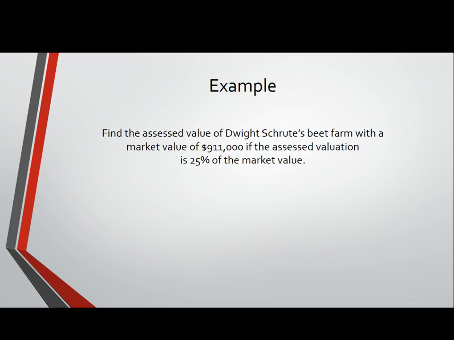So find the assessed value of Dwight Schrute's Beet Farm. Any Office fans out there? With a market value of $911,000 if the assessed valuation is 25% of the market value. So all you're going to do is take 911,000 times 25% as a decimal, so move it over twice, so times 0.25. So it's like saying a fourth of the value, right? And then you'll just multiply 911,000 times 0.25, and you get